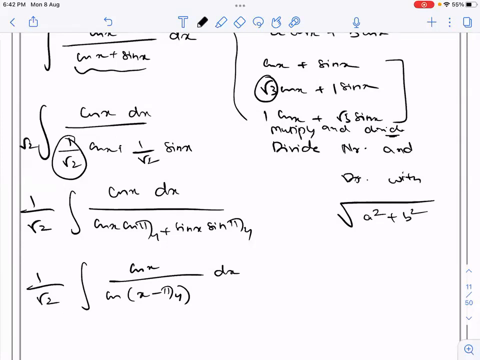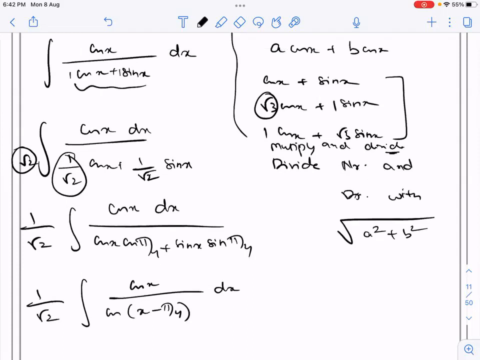This 1 by root 2, want me to explain it? I'm saying when the coefficient of cos and sin is 1, or even if it is not 1, in the combination you can either get 1 and 1, or root 3 and 1, or 1 and root 3. Root 2 only. Okay, that is common to both. So 1 by root 2 into cos x divided by